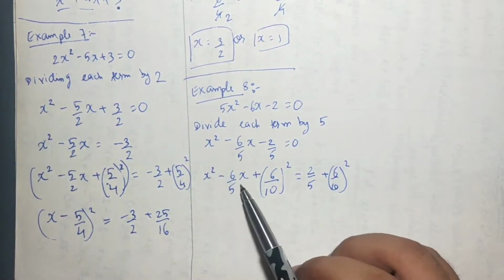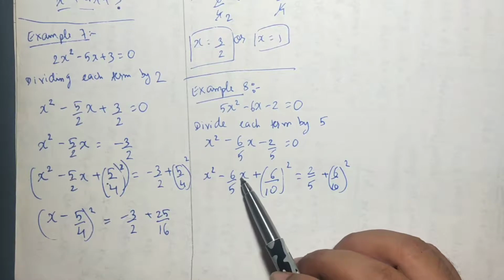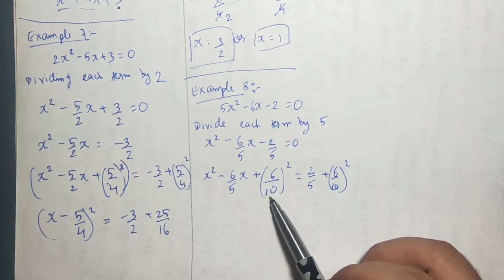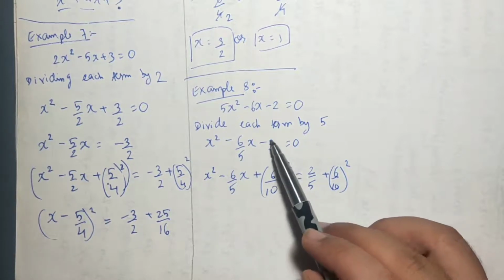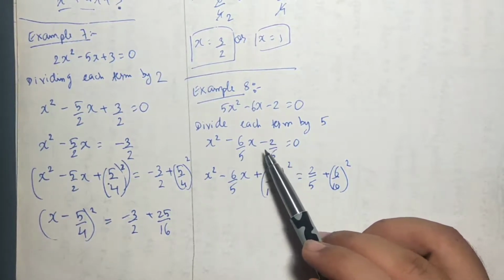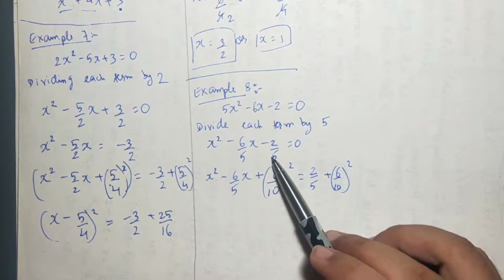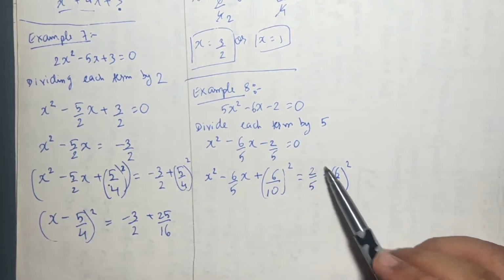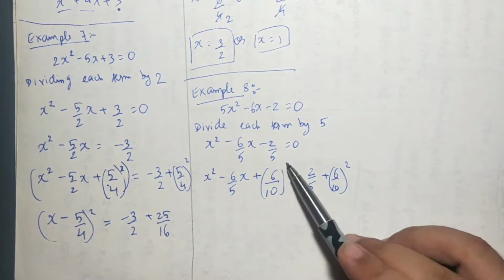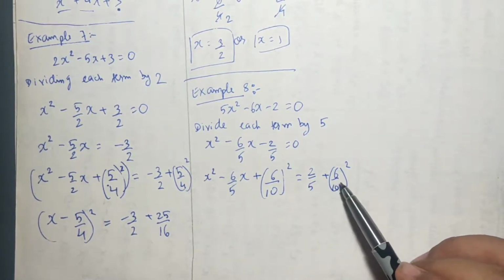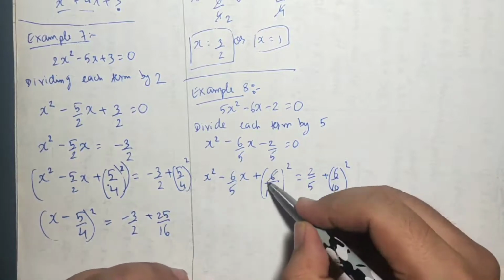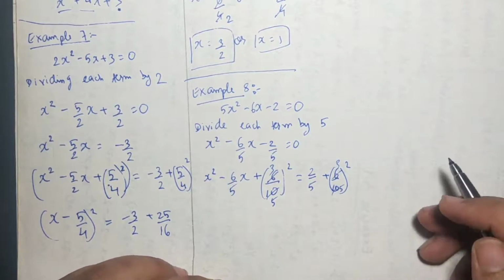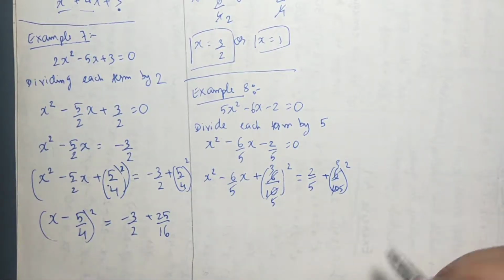Write these two terms as it is. See the coefficient of x, multiply the coefficient denominator by 2 and take a whole square of it. Whatever may be the extra term over here, take it on the right hand side. It was minus 2 by 5. After moving to the right hand side, it will become plus 2 by 5. Plus the term which you added over here, 6 by 10 whole square, will be written also over here, 6 by 10 whole square. Now 6 by 10 can be written as 3 upon 5. So in both the sides, I will be cutting into 3 by 5.